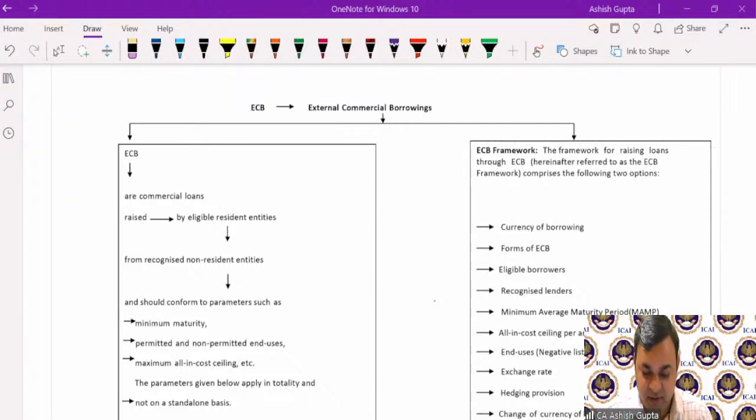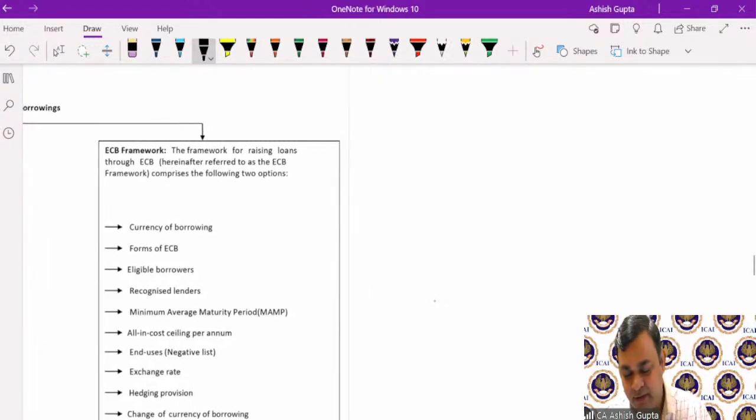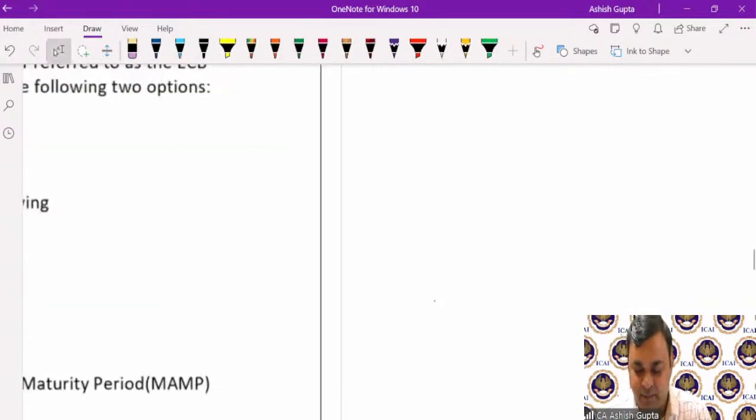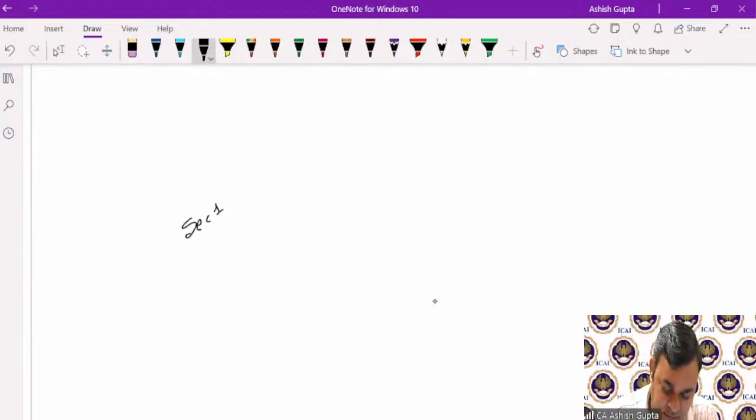Okay, fine. So we are going to start external commercial borrowing, but before going to the ECB part, first we will check what topics we already completed in the FEMA part. First we completed the applicability part, which is section 1, and section 1 talks about the applicability of FEMA. FEMA applies to the whole of India. It applies to all branches, offices, and agencies which are outside India but controlled or owned by a person resident in